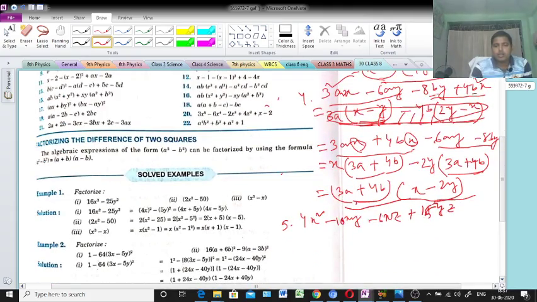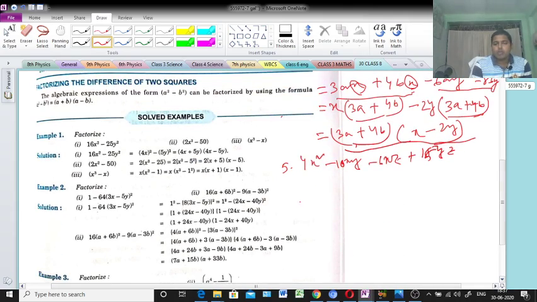This is 10. So see, any common portion is there or not? Check it. First two terms, common portion is there or not? Yes, common portion is there, because here 4, here 10, common is 2, x also common, here x square, there x, common x is there, so we can take it. And from the third and fourth terms also we can take it. So now take from the first two terms and the last two terms, means possibility is there.